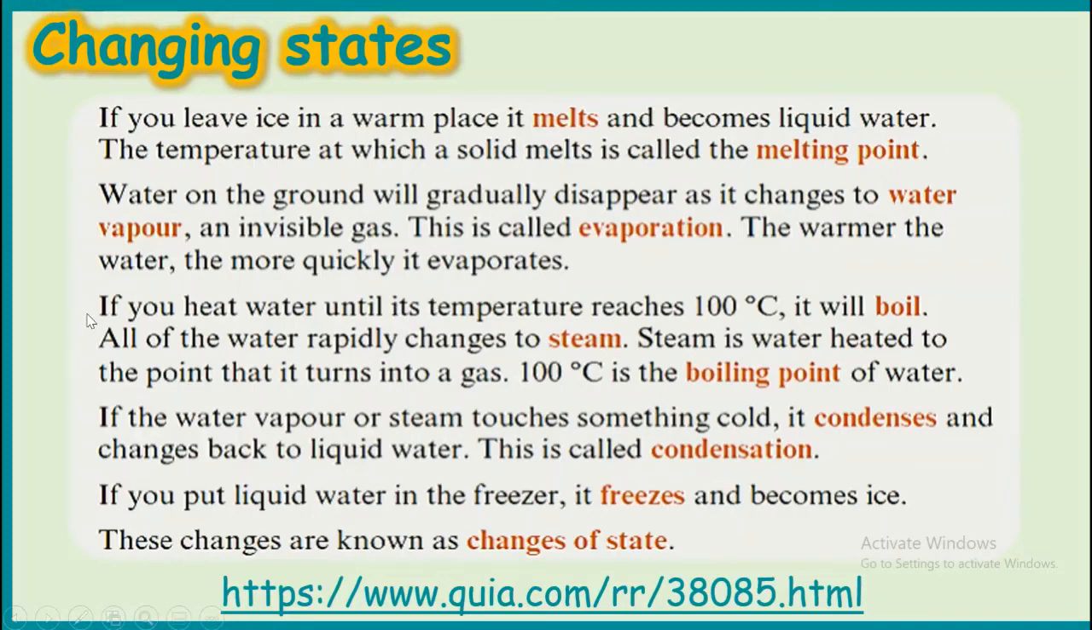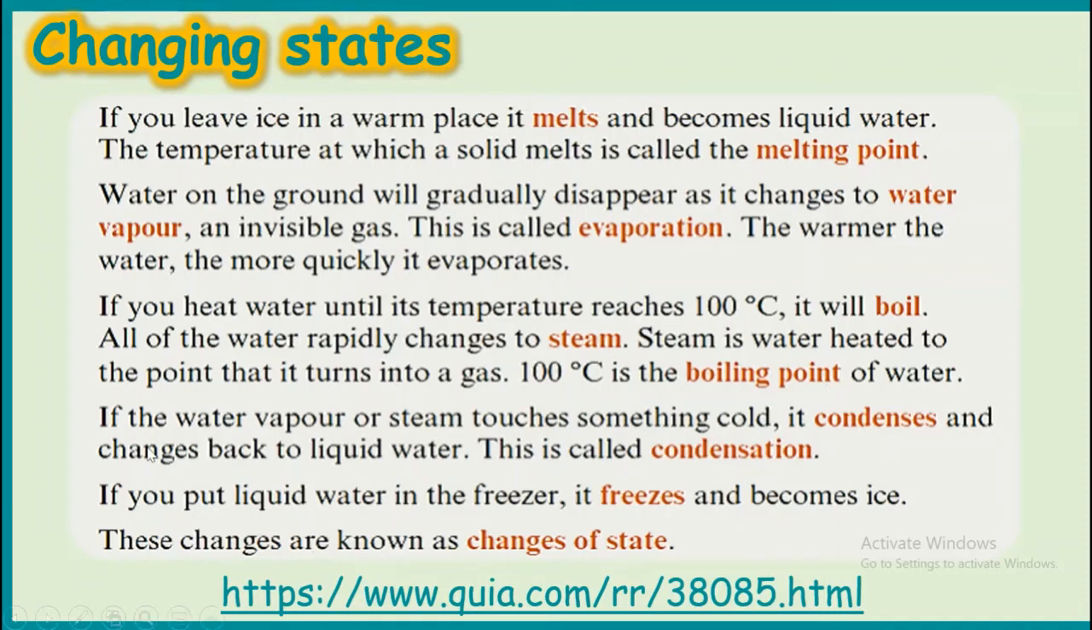Okay, now third example. If you heat the water until its temperature reaches 100 degrees Celsius, it will boil. All of the water rapidly changes to steam. Now steam is water heated to the point that it turns into a gas. So when you heat water up to 100 degrees Celsius, then the water changes to gas. Okay, so the temperature at which the water changes from liquid form to the gas form is known as boiling